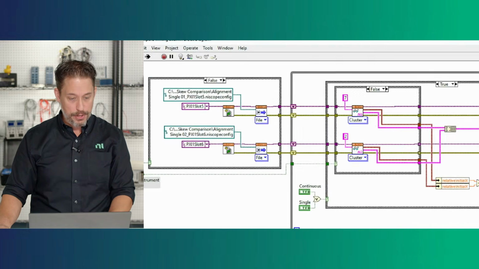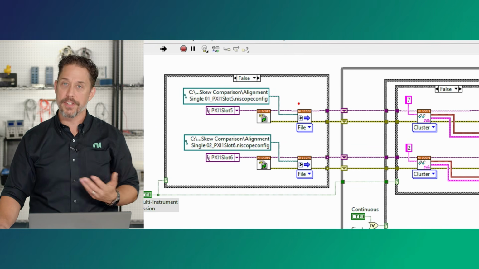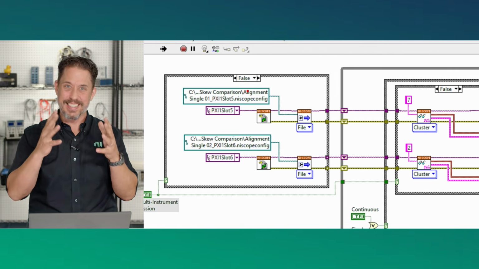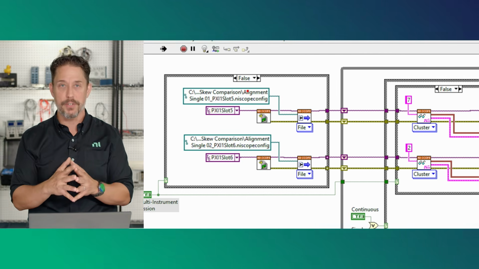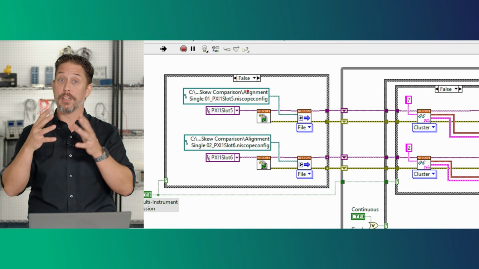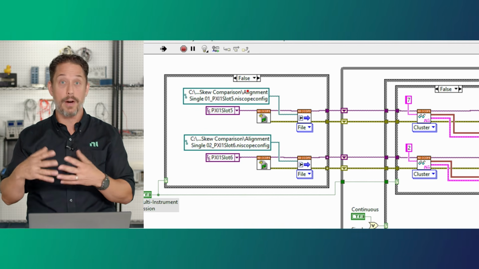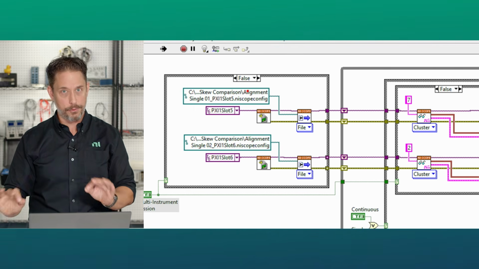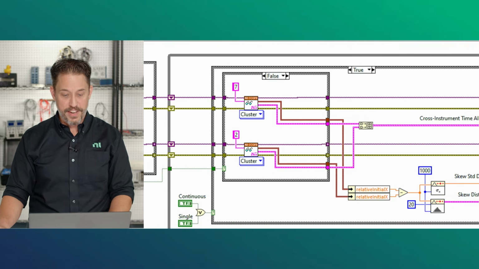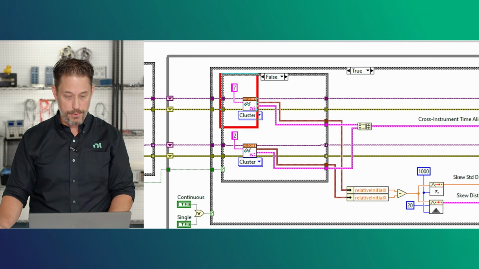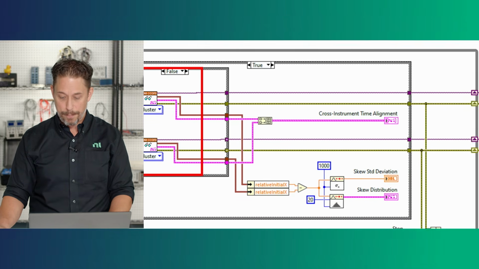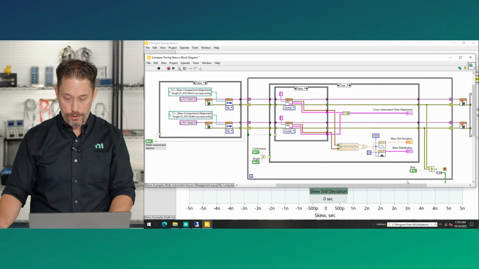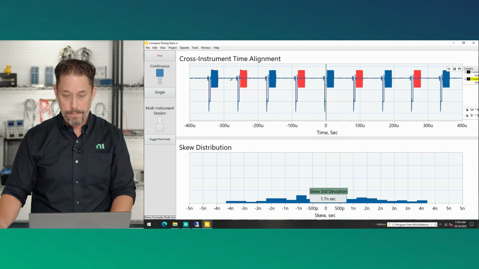So what we have here is we're taking advantage of another great feature of InstrumentStudio and our driver, where we can use InstrumentStudio to interactively configure things exactly like what we want, using the same configuration we just saw a moment ago, and then use that to load into the driver dynamically at runtime. It goes faster than sending any SCPI commands across. Super great feature for automation. And then we're going to fetch both of those different signals. You can see we're doing a scope fetch right there. And then we're going to do some basic statistics to look at the distribution of the alignment of those 2 signals. So nothing too glorious, but when we go ahead and turn this on,